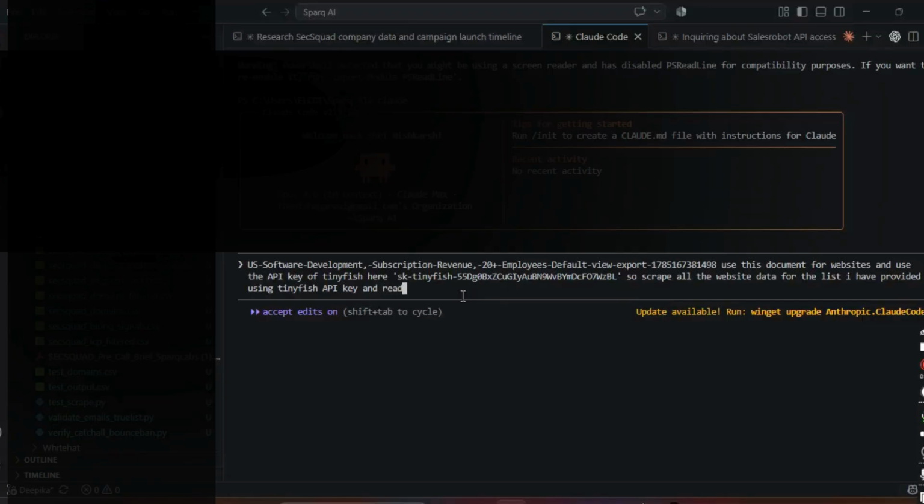Just ask it to read the documentation of Tinyfish so that we can get a lot of information about the free scraping of web data.